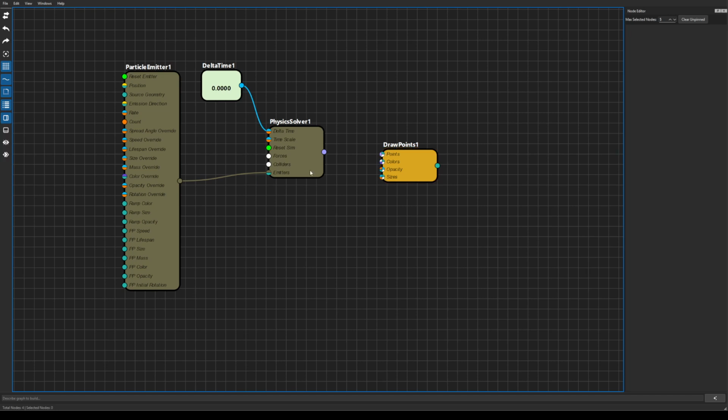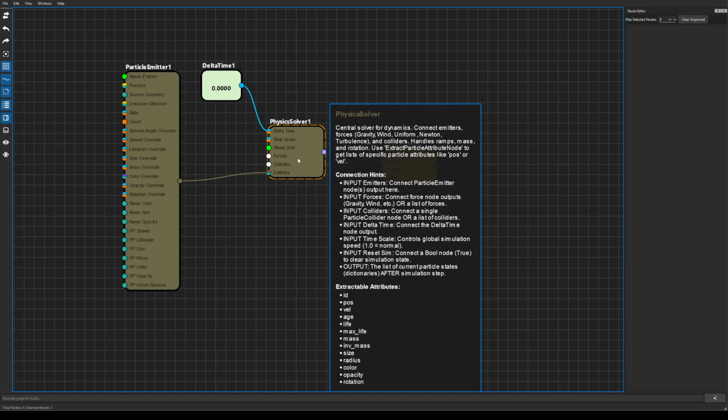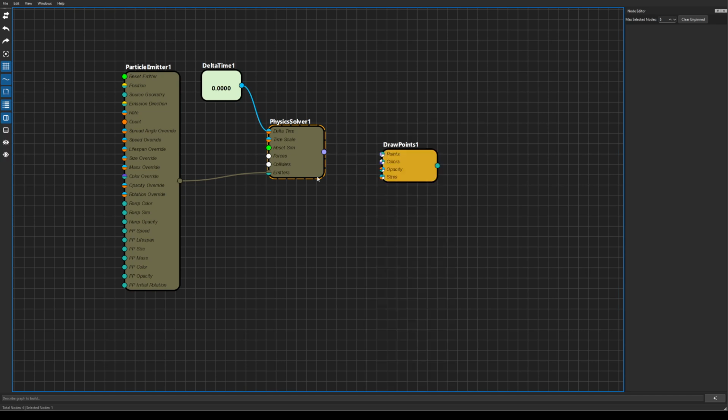The reason why is because the physics solver and the particle node have a lot of attributes. And so this dictionary output is not going to precisely give me the attribute that I need in order to draw the points. So if I move my mouse over the physics solver and I hold down H, you can see that I have these extractable attributes. And the one that I require in order to see the particles be drawn by the draw points is the actual pos attribute. Now, in order to do that, I'm going to need another node, which is called the extract particle